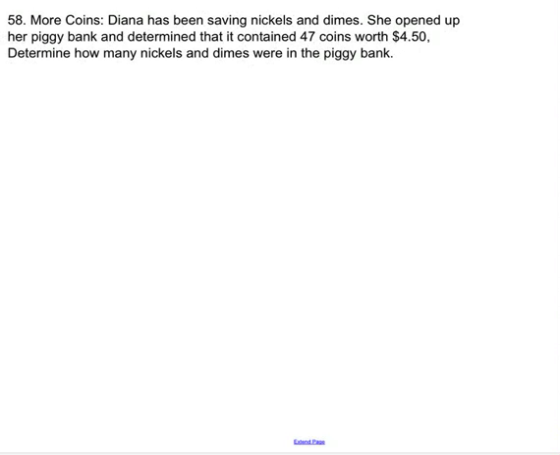So what we can do is, now I'm not going to use x as a variable. I'm actually going to say n is my nickels and d is my dimes. But if we have two variables, it's going to be a little harder. So is there any way that we can determine d as a variable of n? So n is just going to be n, which there's no reason to write that. But d is going to be 47 minus n. In other words, if I take all the coins I have and I take away all the nickels, you end